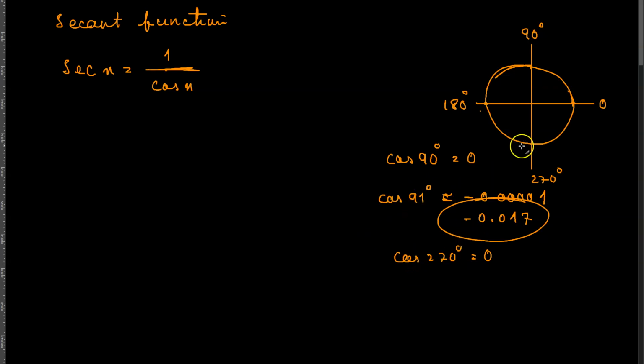Which means that at 90 degrees, at 270 degrees, at these two values, and at all of the multiples of these two angles, or you could say at all the angles coterminal with 90 degrees and 270 degrees, the value of the cos function is going to be equal to 0, right? Which means that I can say that cos of x is equal to 0 for all x belonging to the set